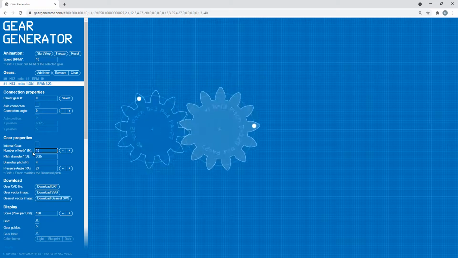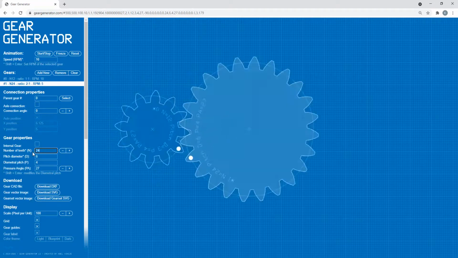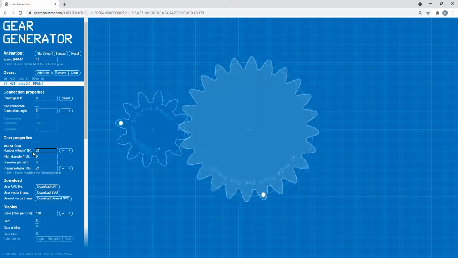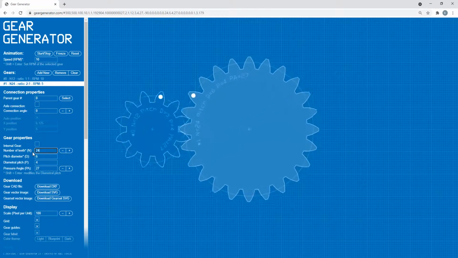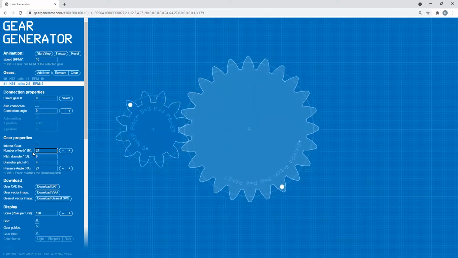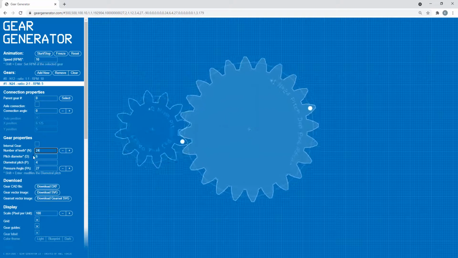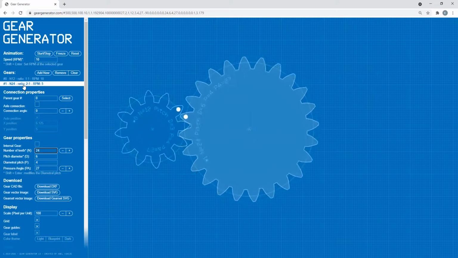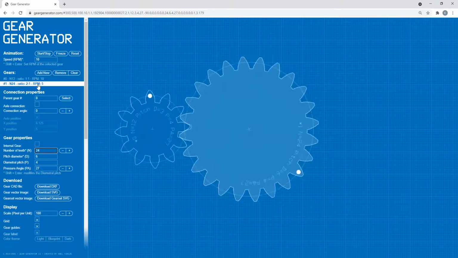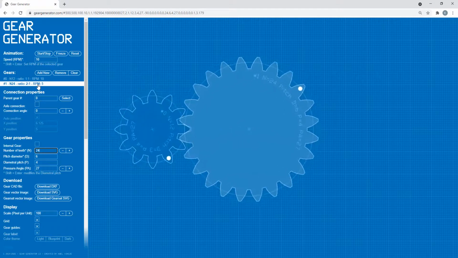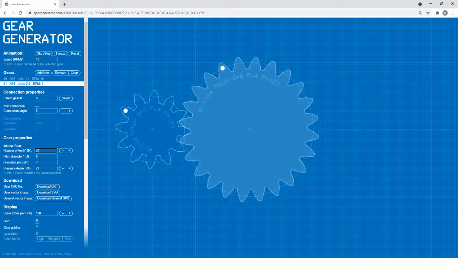In figure 3, it has 24 teeth. So we'll go into gear properties, put in 24, press enter, and now I have exactly the configuration that we have in figure 3, a 12-tooth driver gear and a 24-tooth driven gear. Now we know this is a 2-to-1 ratio in terms of velocity from the driver to the driven, and we can see that here as well. The white bar highlighted tells us the ratio is 2-to-1, and as expected, it tells us the speed is 5 RPM, which is double the number of teeth, we have the speed. So that's what we have for